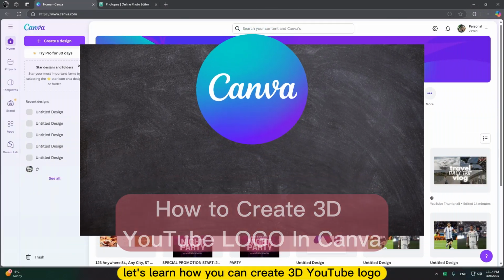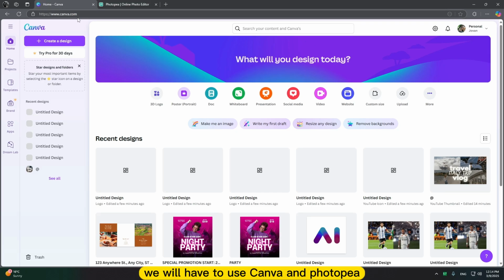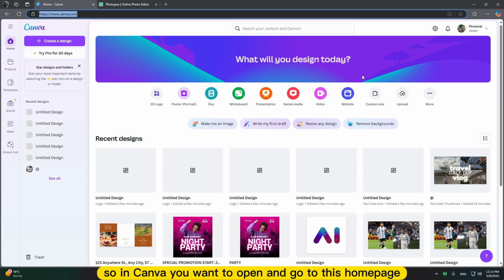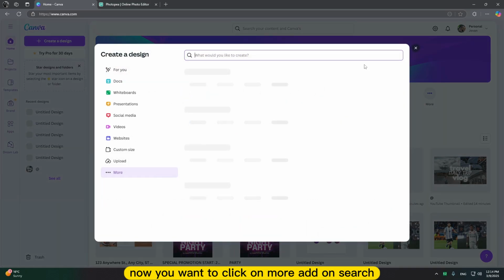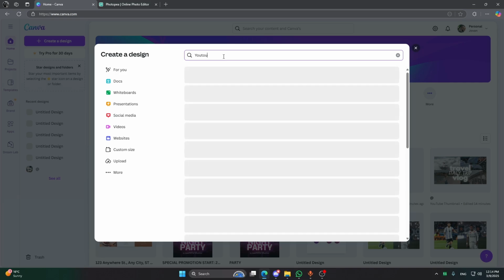Let's learn how you can create 3D YouTube logo. So for this tutorial we will have to use Canva and Photopea. So in Canva you want to open and go to this home page. Now you want to click on more, and on search you want to type in YouTube,